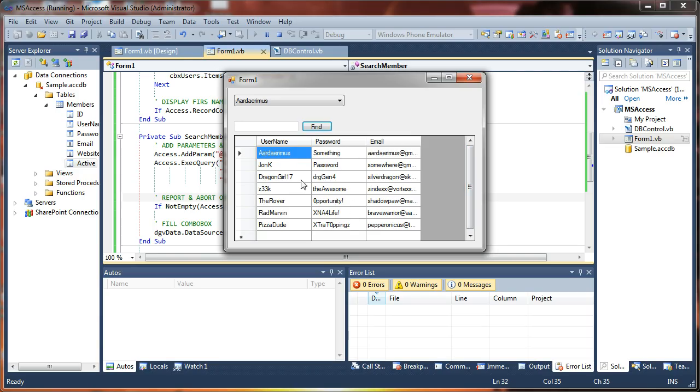So very simple searching. And that's really, I think, all I wanted to show you in this particular tutorial. There are a number of other things that we can do with our database, but this will get you started working with Microsoft Access, and I really hope this has been a helpful